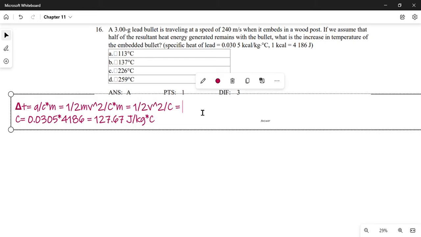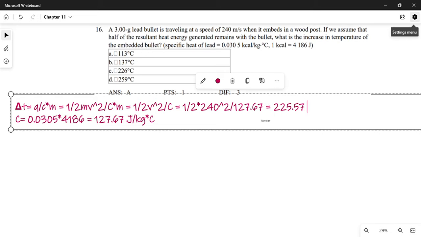Okay, let us substitute in this rule. It is half v square, which is 240 power 2, over the specific heat capacity, which we just calculated. All this equals 225.57